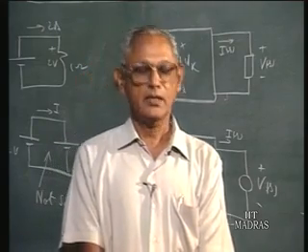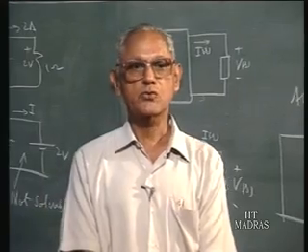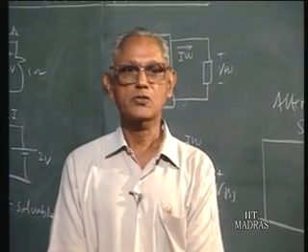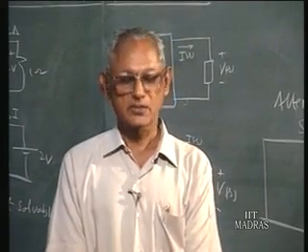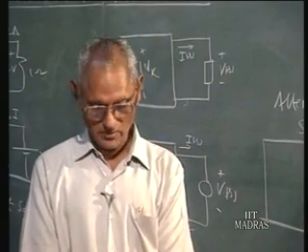What we meant by deactivation is that the voltage source strength is reduced to 0 and the current source strength is reduced to 0, which means that the voltage source is